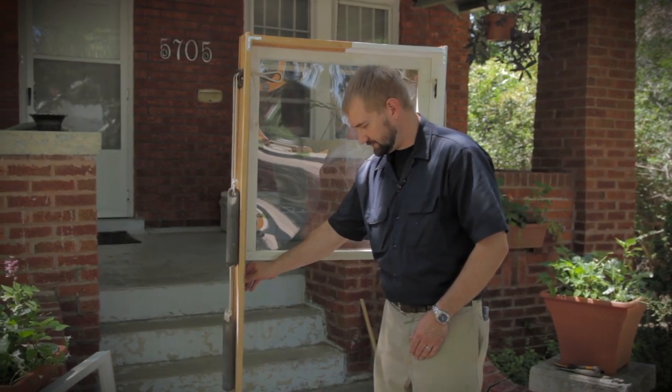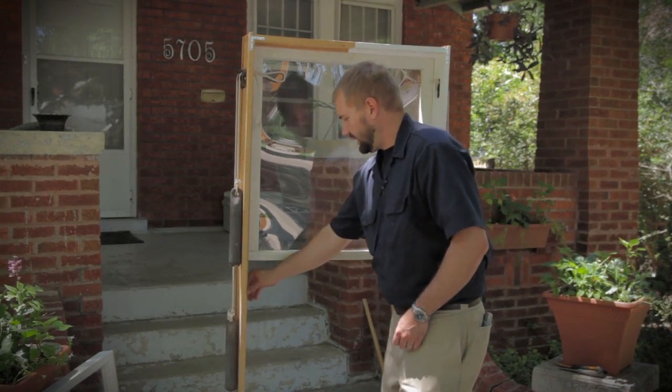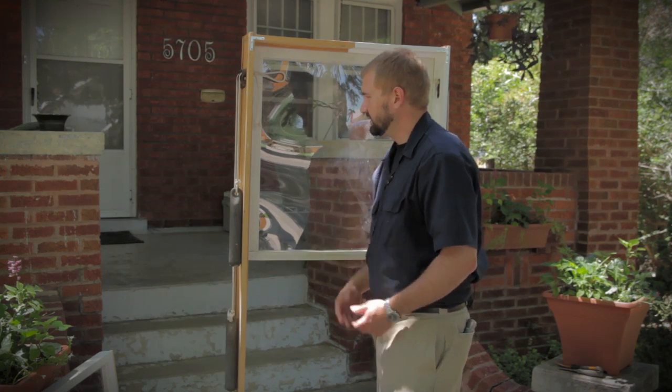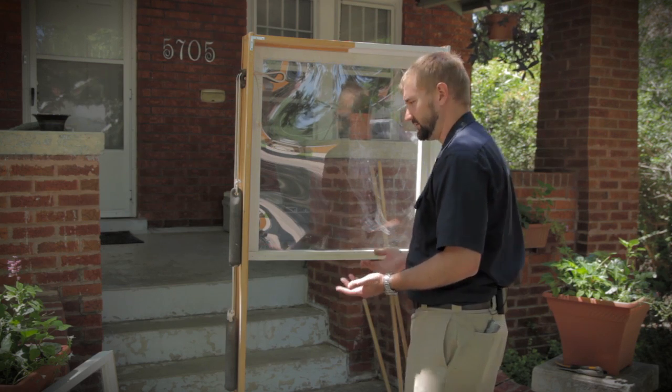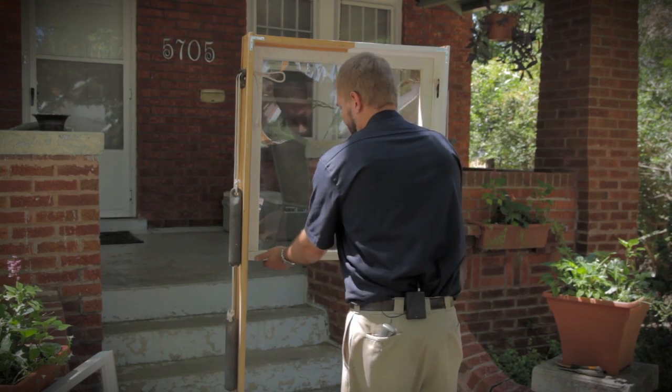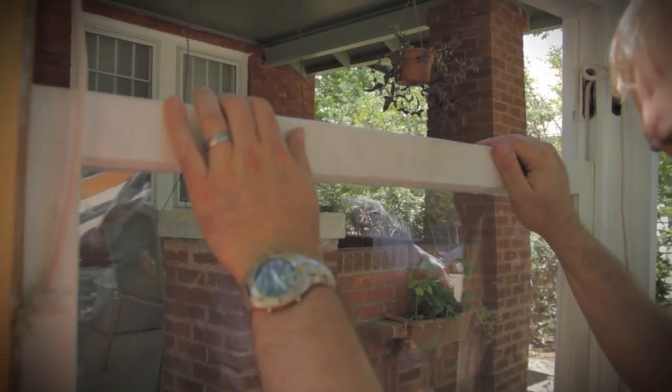With the lower sash out, you'll see that there are two strips of wood here that create the channel that the upper sash rides up and down in. These are called the parting beads, because they keep the two sashes apart. And they're oftentimes considered sacrificial because it's hard to get these out when the window's been painted in place without destroying them. But if you can get the upper sash loose, you can push it all the way to the bottom,